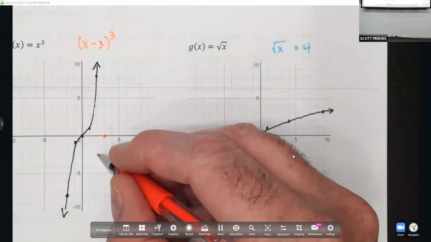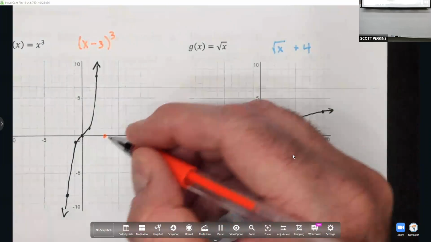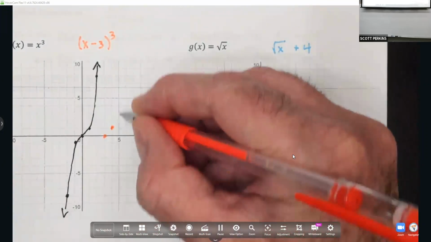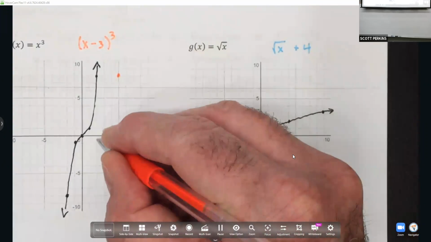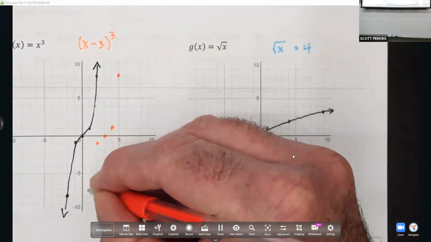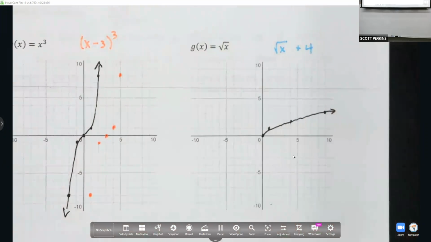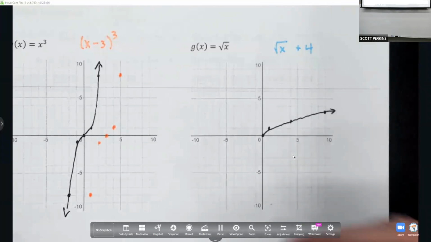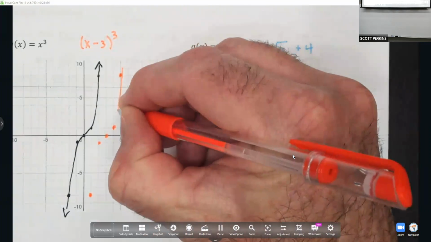Then you can remember, from there, what the cubic function looks like. I can go over 1 and up 1, over 2 and up 8, back 1 and down 1, back 2 and down 8. It's a little quicker. So the more familiar you get with these graphs, the more quickly and accurately you can make this little sketch. Either way you did it,